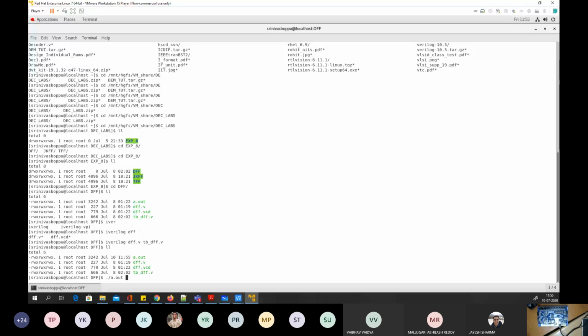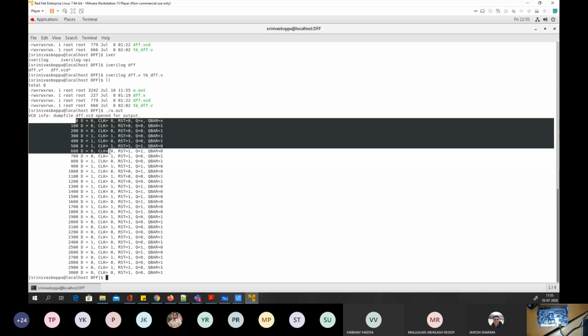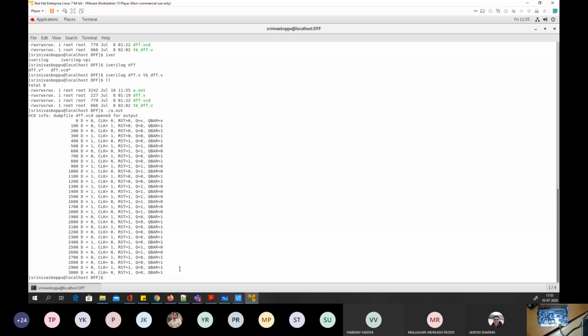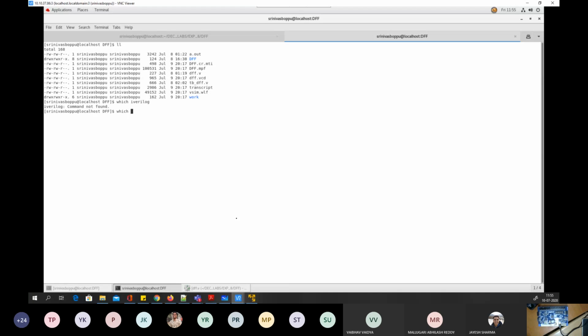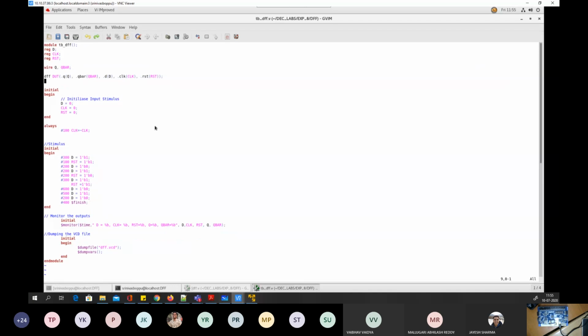Once you run this a.out, it is printing exactly what you have in the test bench. I think I forgot to explain this part. Let's do that also. I skipped this part of the test bench because the file was big. So what you see here,